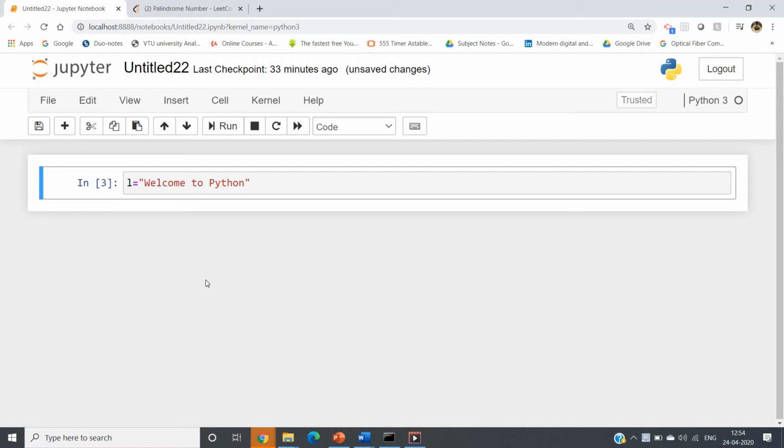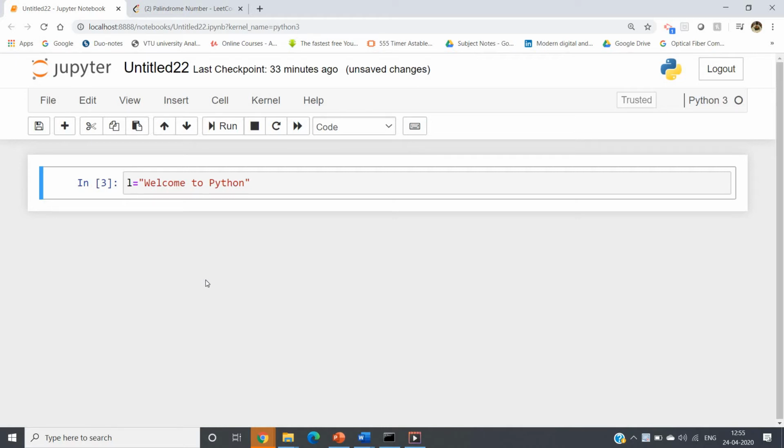In my previous video I discussed that the dot split method is used to convert a sentence or a string to a list. If we know the delimiter, we can easily do that. And to convert a list to a string we have to use the join method. Now I am going to discuss, if you have a string, how you can form a list of characters from it.